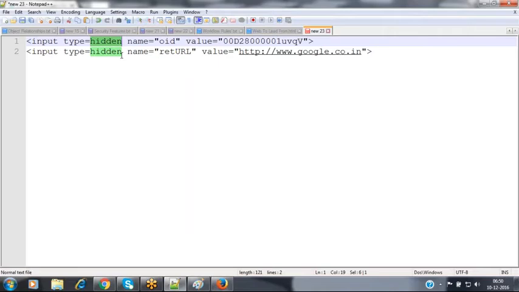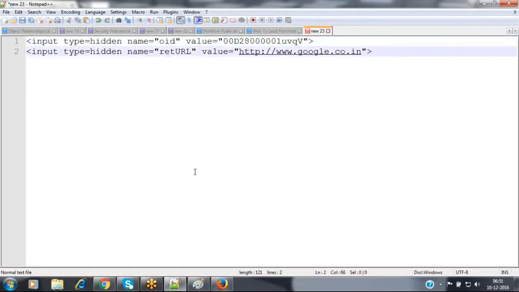Inside that HTML form, Salesforce maintains the 2 hidden fields, which specify to which Salesforce instance it has to connect, in which it has to create that lead record. In order to connect to that organization, it has to know the ID of that organization. So it stores the ID of the organization as part of a field called the OID field. Inside that HTML code, it maintains one field called OID, nothing but organization ID. So what is that organization ID to which we need to connect? Here is the ID of that organization.